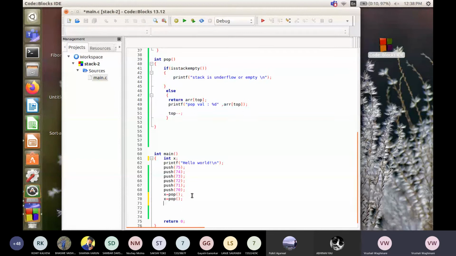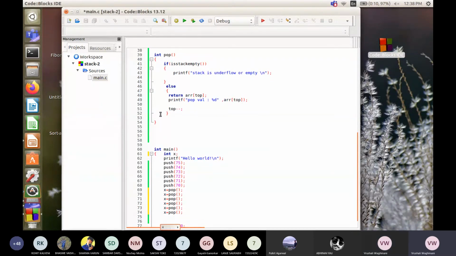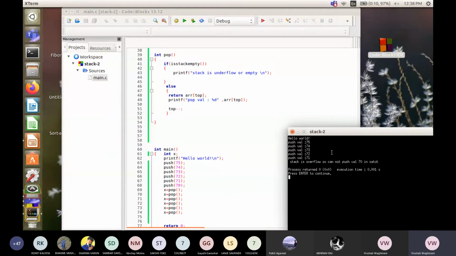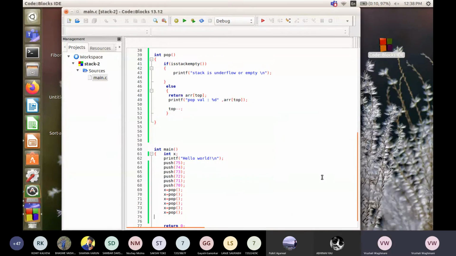Same thing. 1 2 3 4 5 6, 6 में हमें एरर आना चाहिए वहां, ठीक है। It is not built.